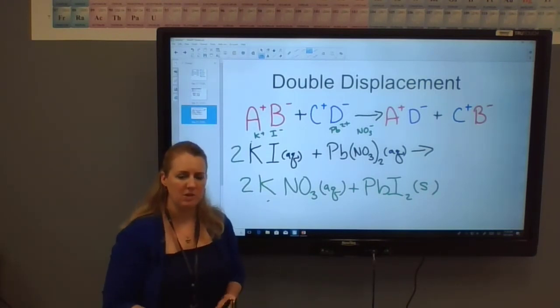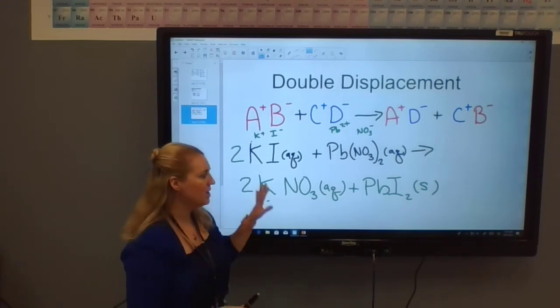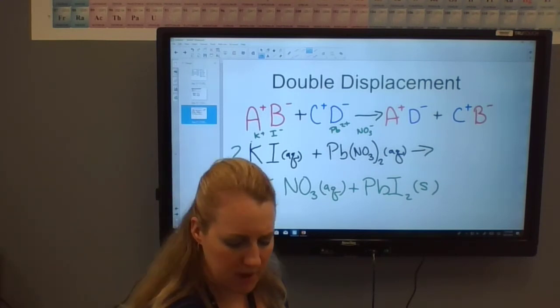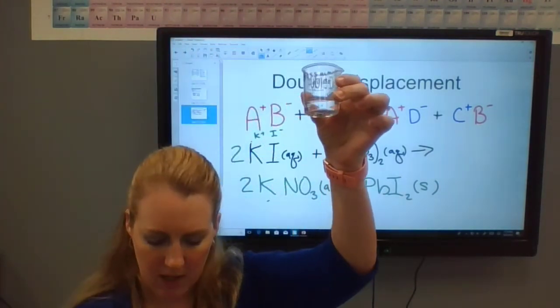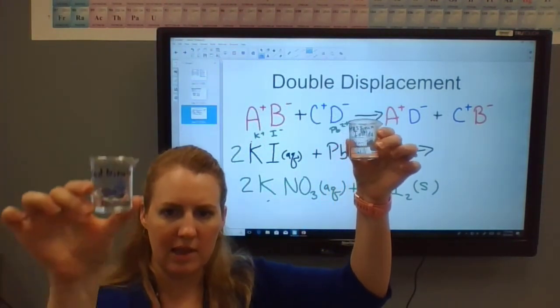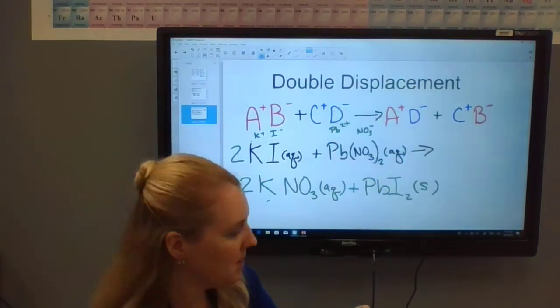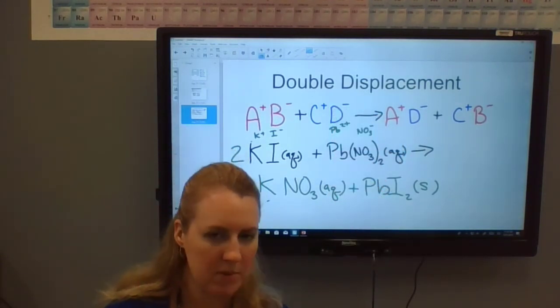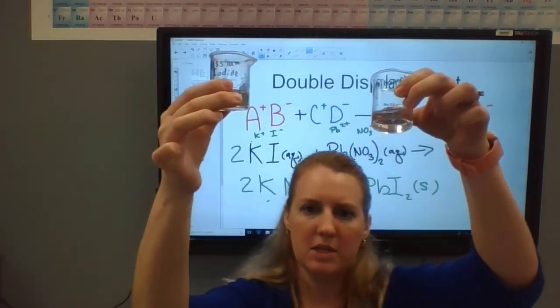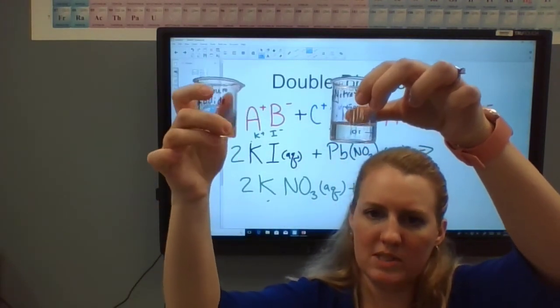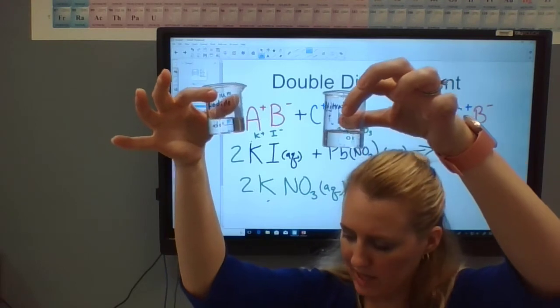So I actually have these that I'm going to show you. Again, there is our potassium iodide solution, and now I have here our lead nitrate. Let me actually switch them so they're in the order that they're up on the screen. Potassium iodide and lead nitrate, and I'm going to mix those two together and show you exactly what happens. A similar reaction to this is actually in your textbook. We mix them together,